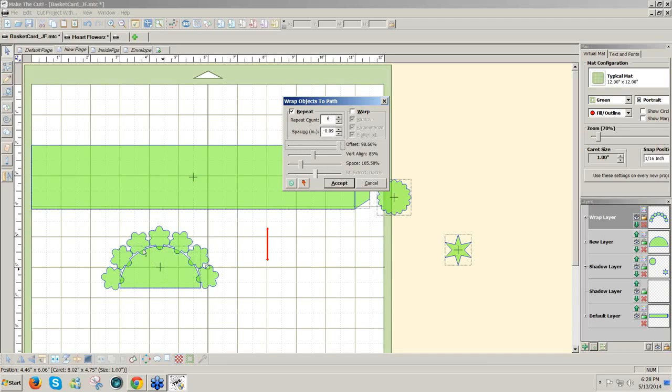But I also would like to have these flowers so that they're overlapping the half circle a little more. And that's vertical alignment. So if you move it to the right, they move out. If you move it to the left, you move in. And when you want to really get a very fine adjustment, you can use your arrow keys to get them right where you want them to be. I think they're a little close here, so I might want to leave the spacing at 0, in which case I need one less, and then I want to adjust the offset just a little bit. There we go. So you have different ways to adjust your wrap,